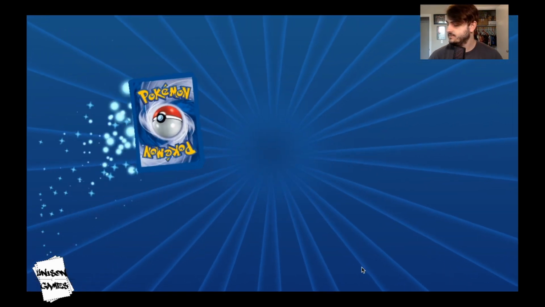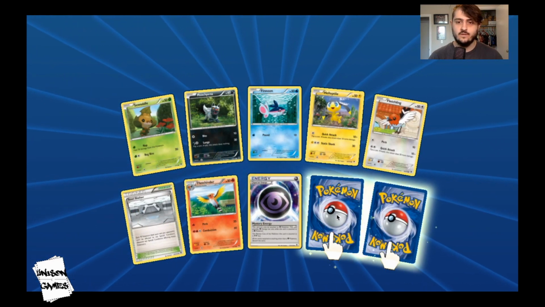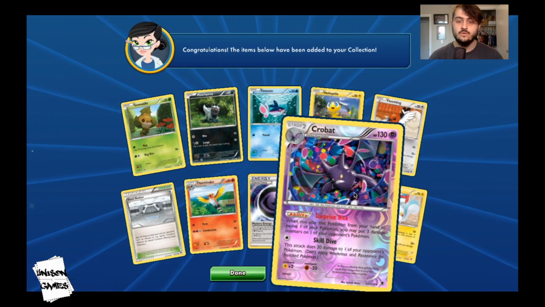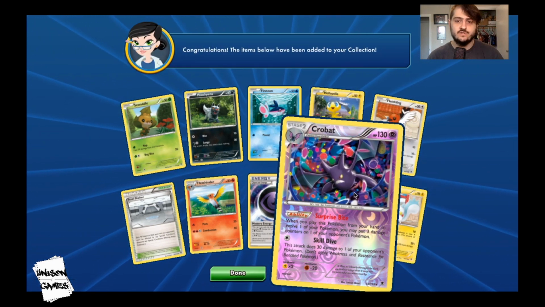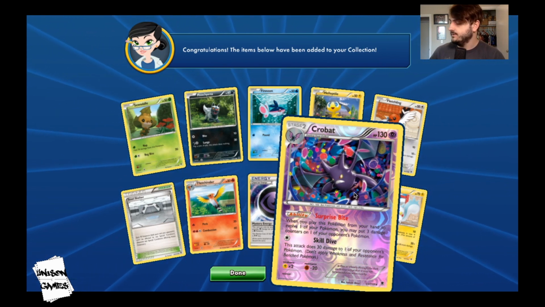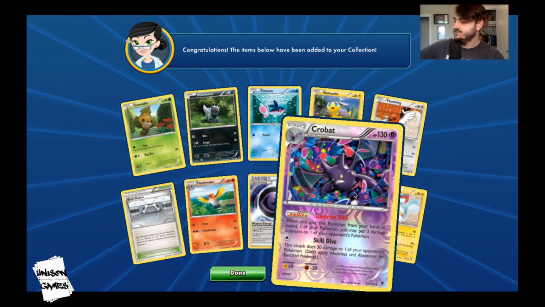All right. My mic stand here is descending. I have these old... Crobat's actually kind of cool. It's kind of like the Galarian Zigzagoon, where it drops damage when you evolve it. And I really like it. I think it's got a lot of potential. I'm just going to adjust this because